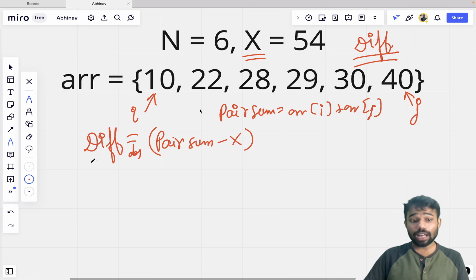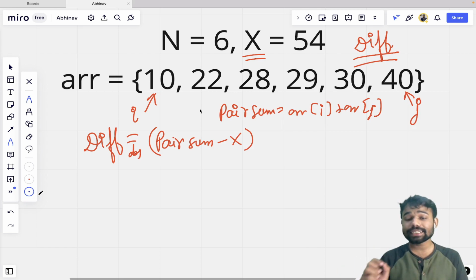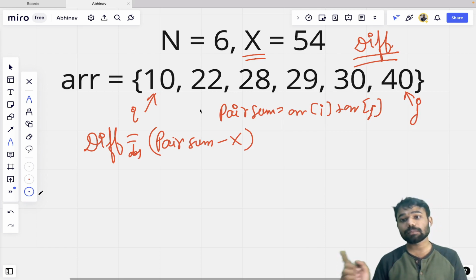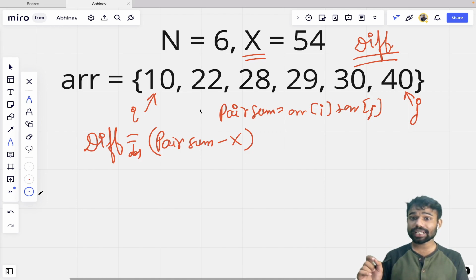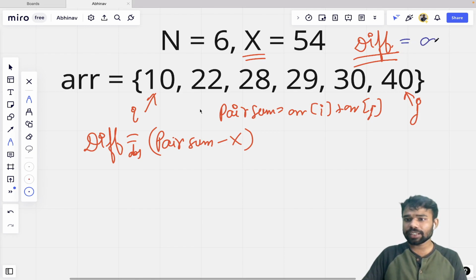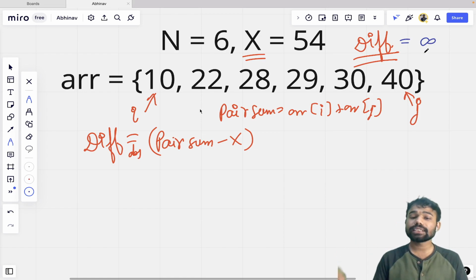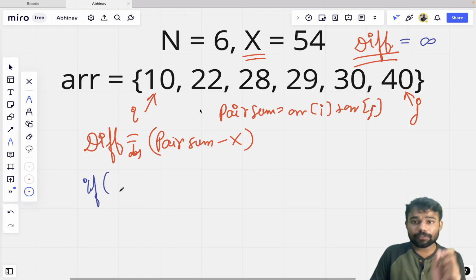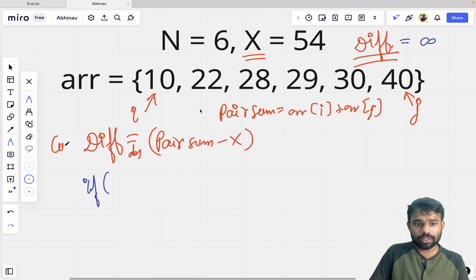Okay. Now the next case is very important. Currently our difference will be very large, let's say infinity, the very max value. Number dot max value, that we write in Java, no? It is infinity. Now if our current difference, let's call it current difference,